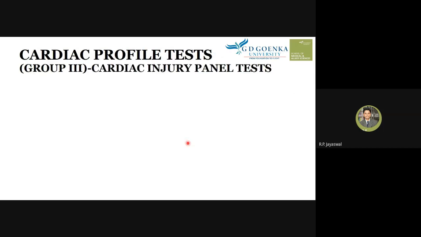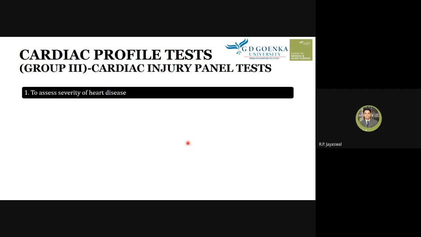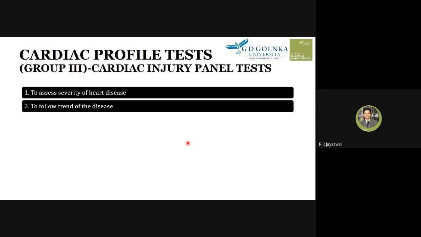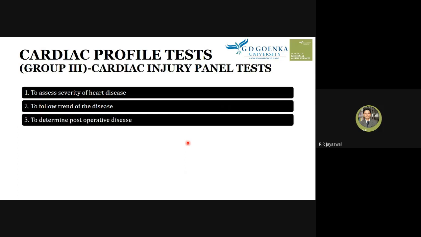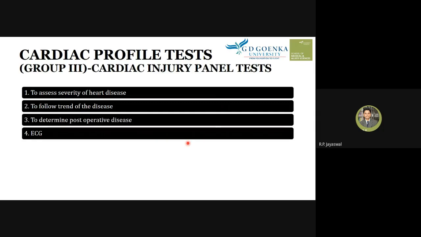We said that group 3 is a cardiac injury panel test, and this test assesses the severity of heart disease and follows the trend of the disease, whether it is mild, moderate, or severe. It also helps determine post-operative condition, like if there is an operation or surgery. So we can do the cardiac injury panel test for the prognostic condition. We need to go through the group 3 cardiac profile test, and an ECG can be done,